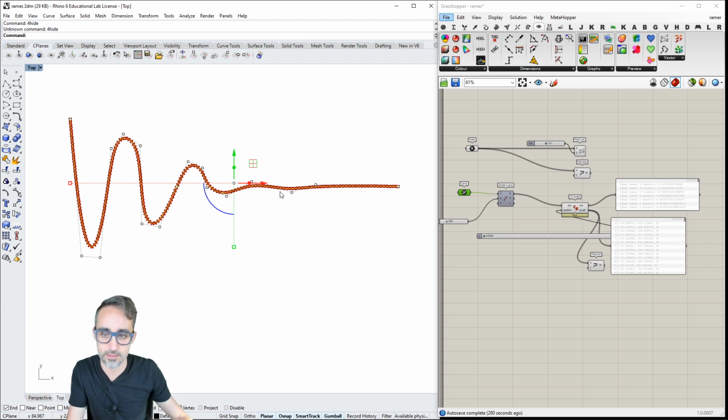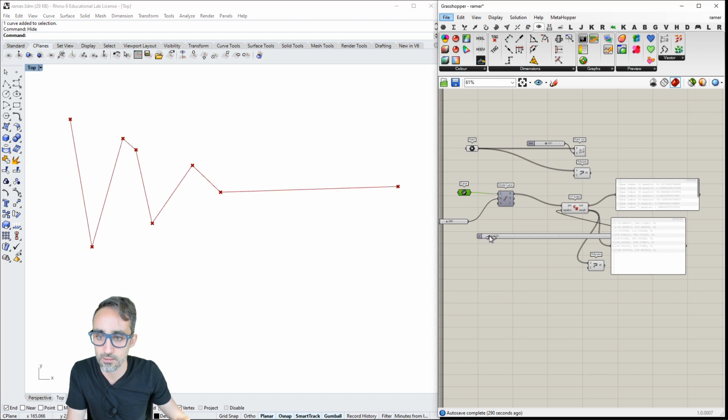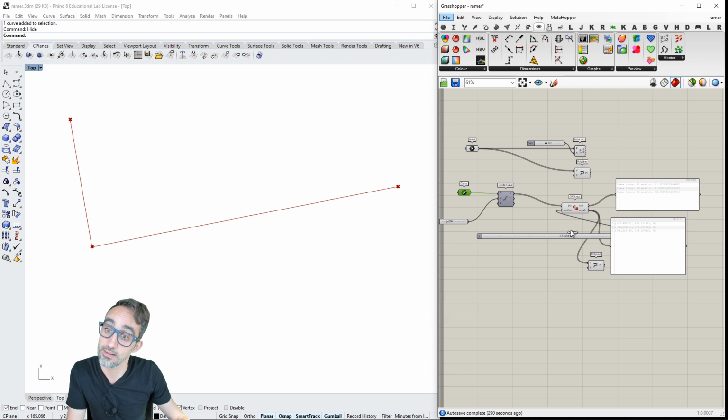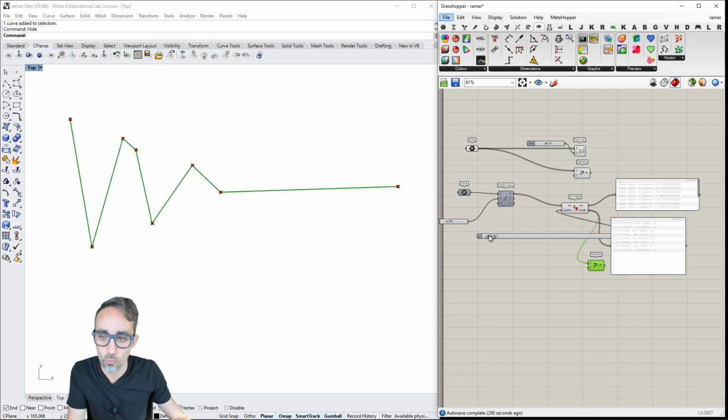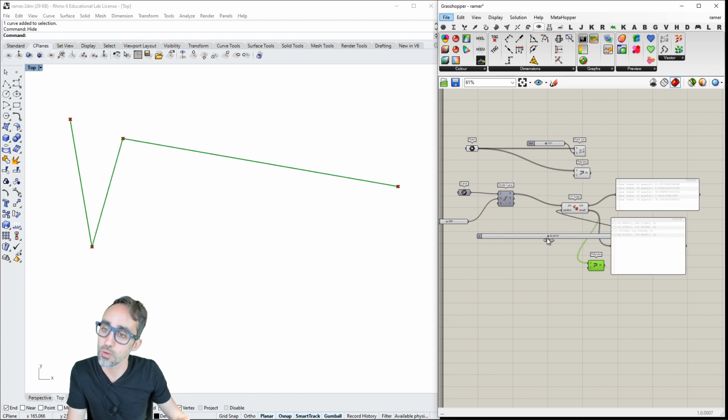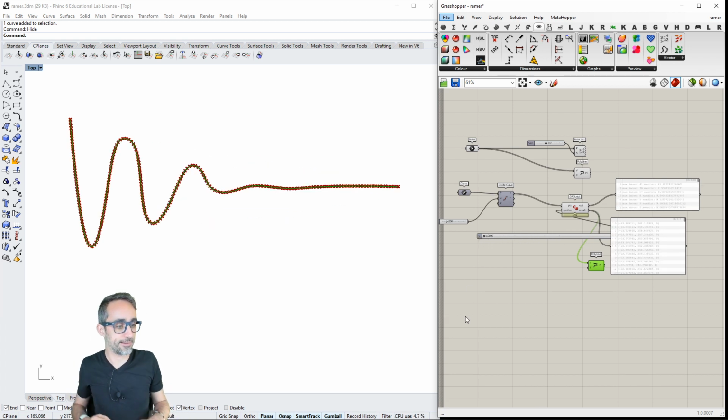I'm going to hide this, and if I hide this, now it's easier to see how this polyline simplifies, right? Yeah, it's much easier.